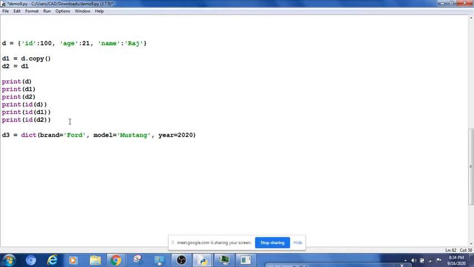So I am creating the dictionary. You see here, I don't need to put the key in single quotes. The constructor will do that automatically.